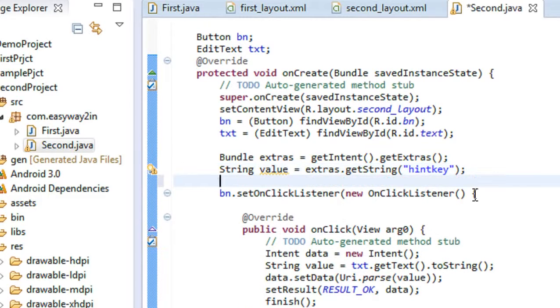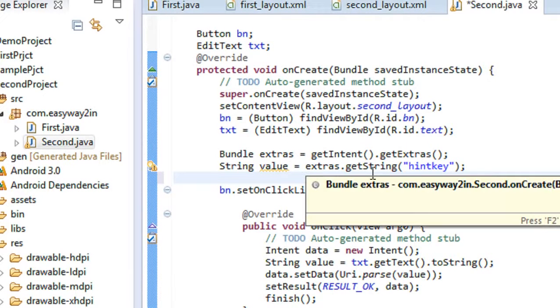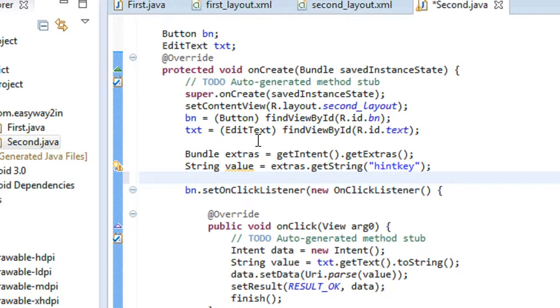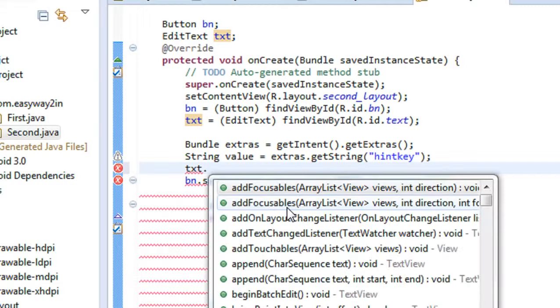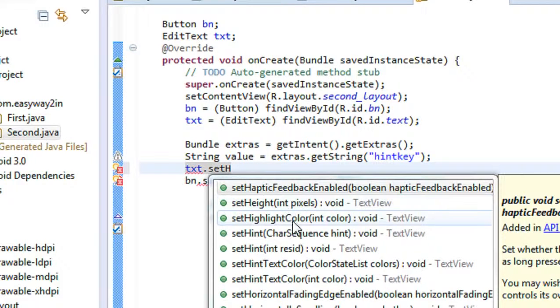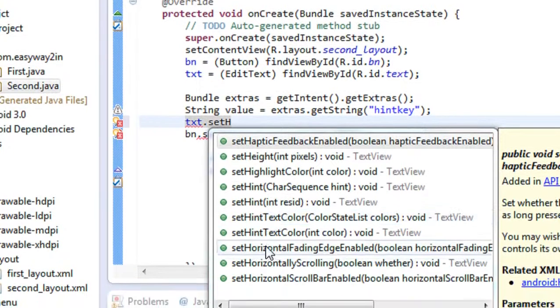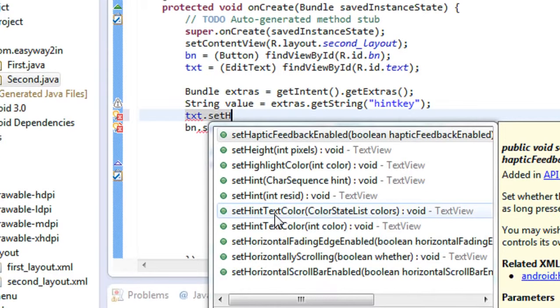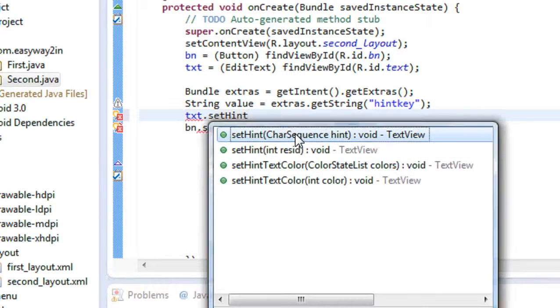Now I have to set the data as a hint on the text field present in the second activity. The edit text present on the second activity is txt. Txt is the object corresponding to that edit text. So now I am going to set a hint, setHint text.